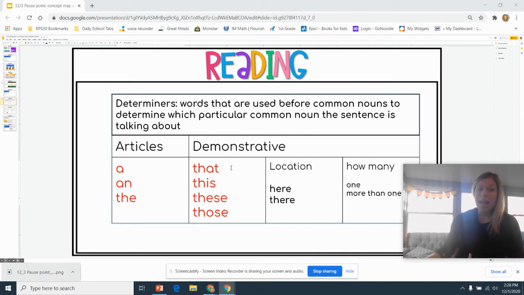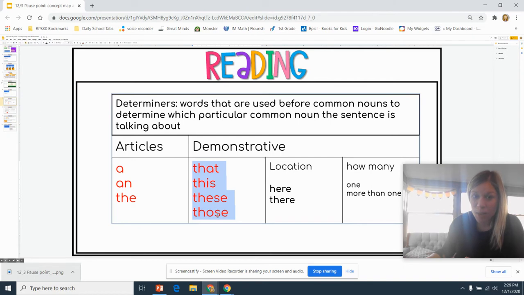We might also use a demonstrative, and the demonstratives are these words here: that, this, these, and those. So you see there are only 7 determiners. There's not a whole lot of them. But sometimes I'm going to use an article, a, and the, and sometimes I'm going to use a demonstrative: